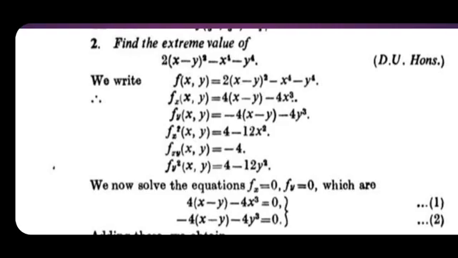So we got fx of x comma y equal to 4 into x minus y minus 4x cube. Now we do the partial differentiation with respect to y. Then fy of x comma y is equal to, here we do the partial differentiation with respect to y. So here x minus y whole square, that will be 2 into x minus y. If we do the differentiation of x minus y, that will be minus 1. Already we have 2 into 2 is 4, minus 4 into x minus y.